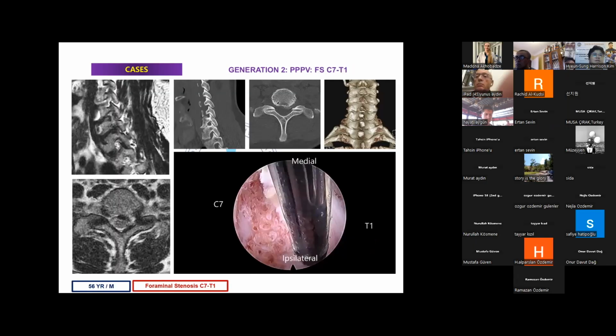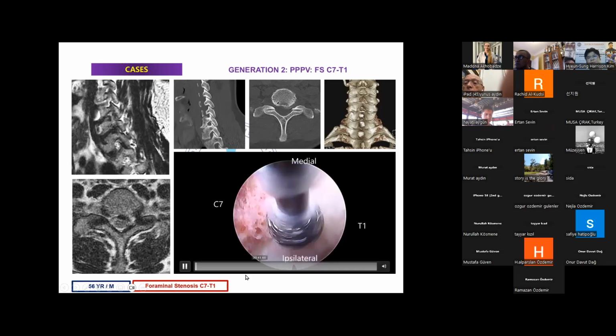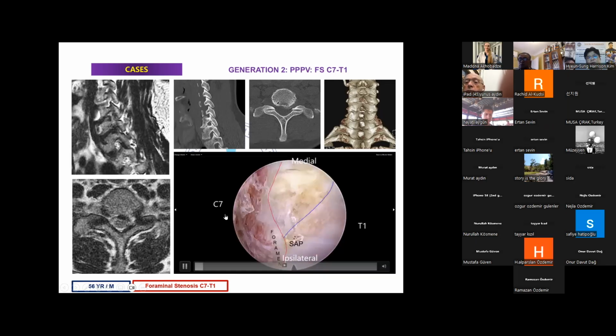This case is also a very interesting case, because this case is C7-T1 severe foraminal stenosis. Okay, I will explain all things. This is C7-T1. Now this SAP, this foraminal nerve root here, this tip of ligament of SAP, and